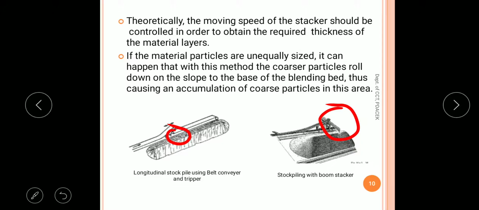In this diagram you cannot see it very clearly, but I will show you a PPT where you can see the parts of this stacker and reclaimer. Then it will be very clear what a boom stacker and a belt conveyor with tripper are.